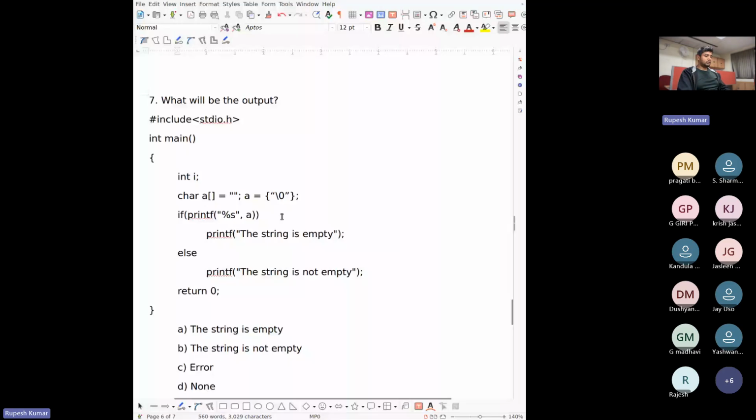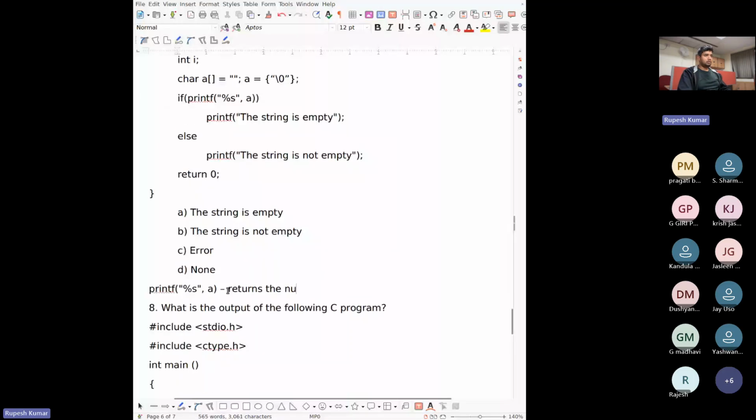What does printf return? It returns the number of characters printed on the screen.